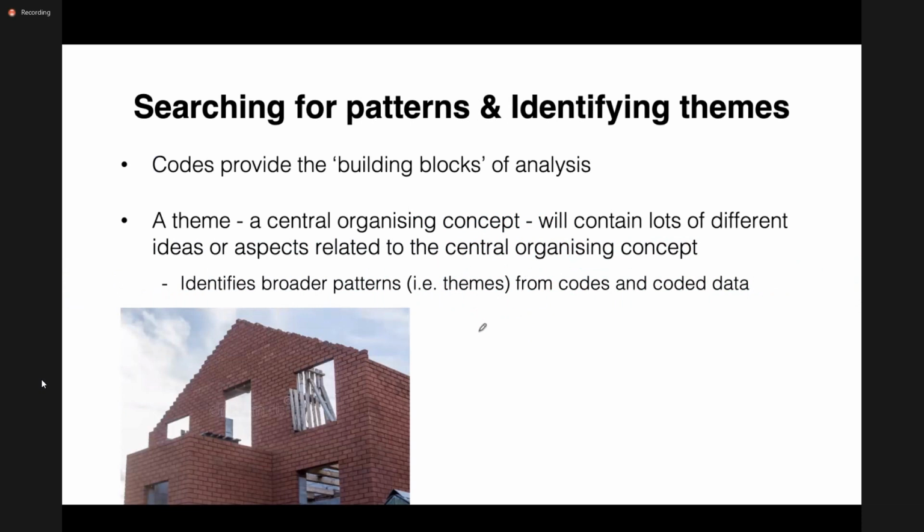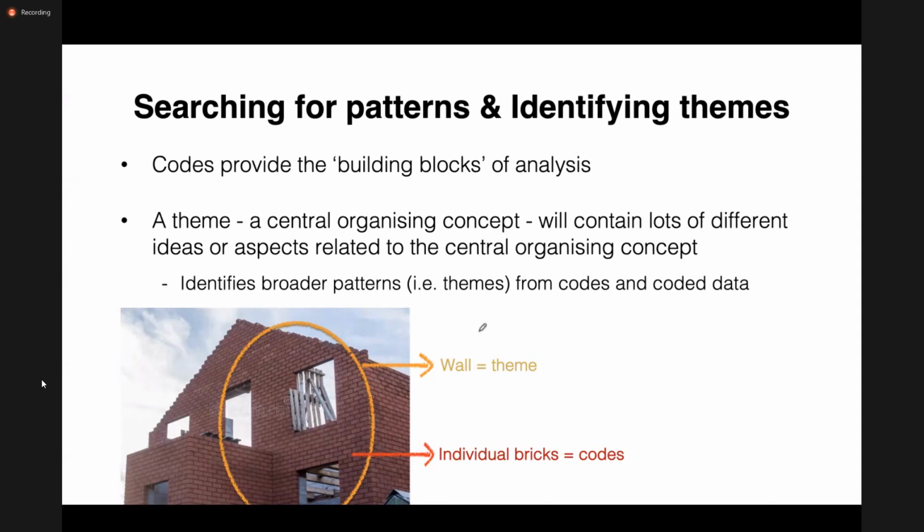Now, if you consider your codes as the individual bricks or the building blocks of your analysis, then a theme would be like a wall that you build out of these individual bricks. So you put together several individual bricks and come up with a theme.